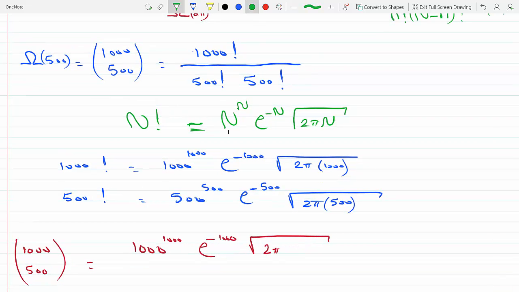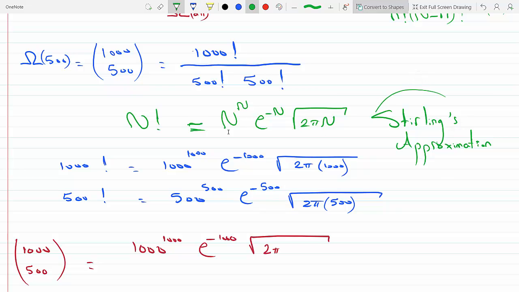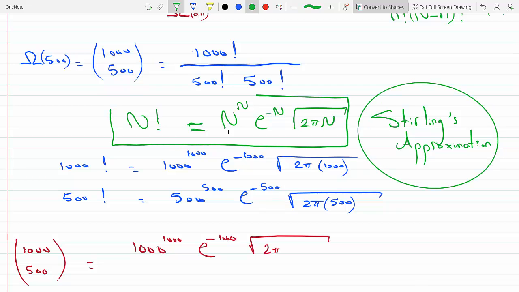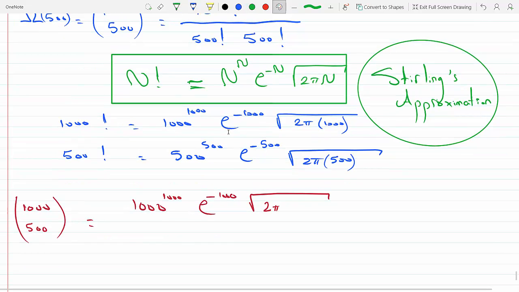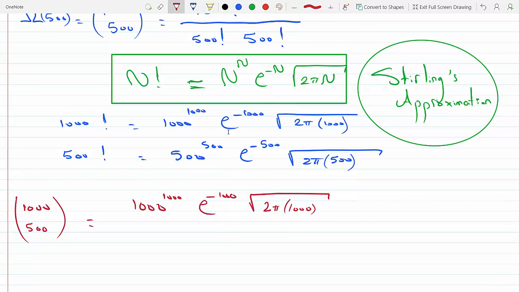This one in green here is called Stirling's approximation. Okay, so we have the square root of 2 pi times 1,000